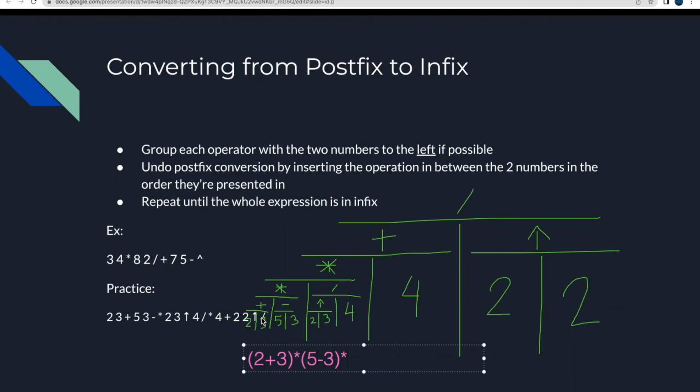And then when we present an answer, it's gonna look like this. So working 2 plus 3, and then this times, and then 5 minus 3, and then this times, and then going all the way left here, 2 to the power of 3, and then divided by 4, and then plus 4, and the parentheses around this whole thing, divided by 2 to the power of 2. Okay, next we're gonna